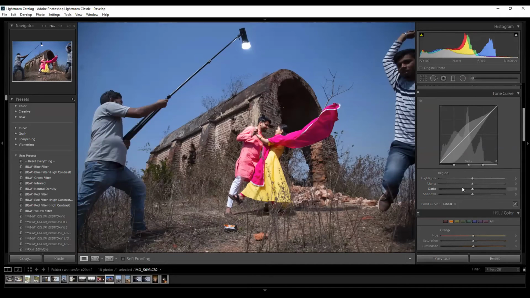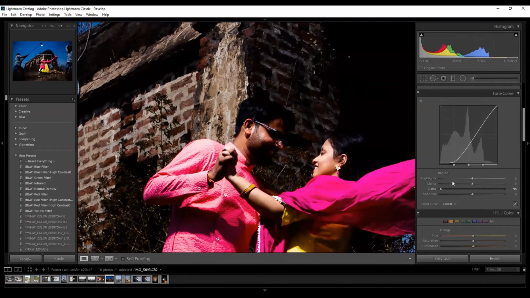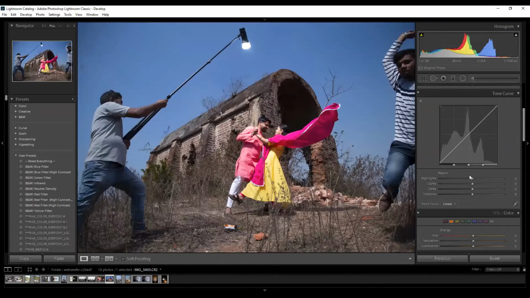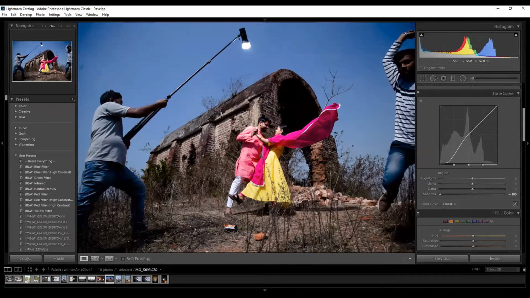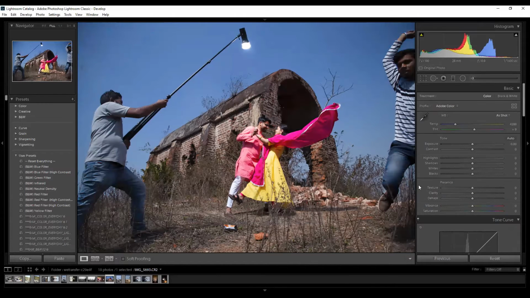Same goes with the darks. If I pull out the darks, it will try to bring out most of the blacks from the image. Now you see the basic difference. If I pull the shadows over here, you can see it has tried to darken most of the black areas or shadow areas. But in normal shadow, it will take a neutral area.